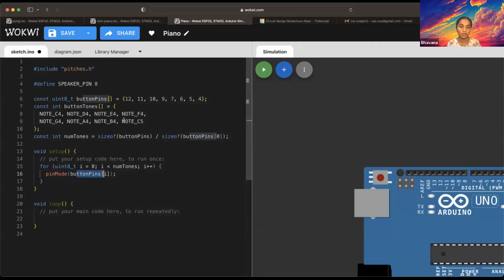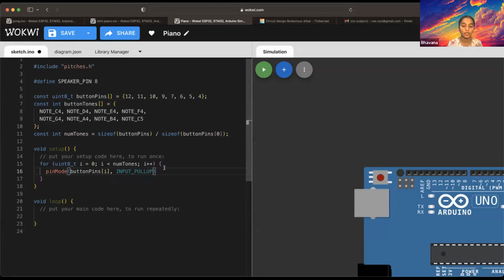Button pins 0, that's 12. And then go inside, and then put input pull up. That just means the value that's at 12. So whatever button we connect to pin 12 on the Arduino, that's the input, not the output. And then we put a semicolon,